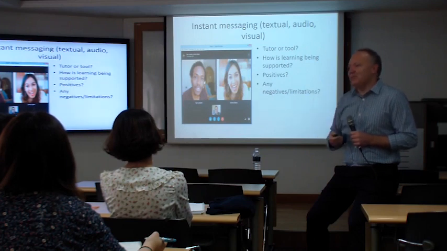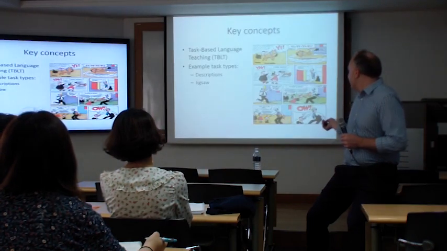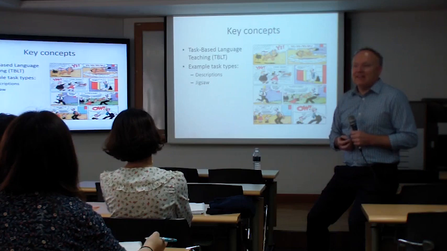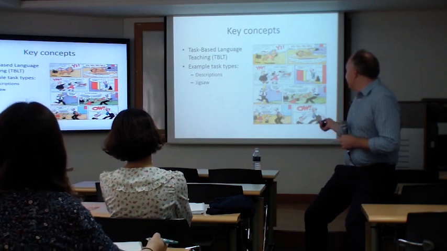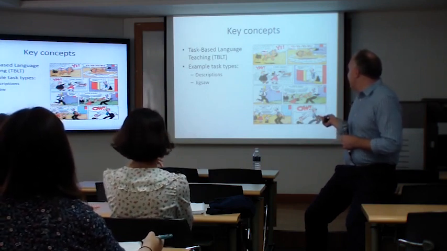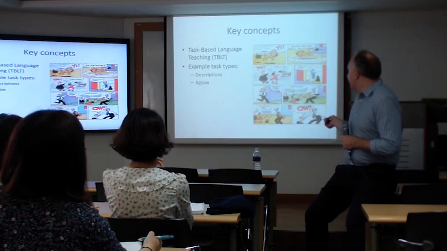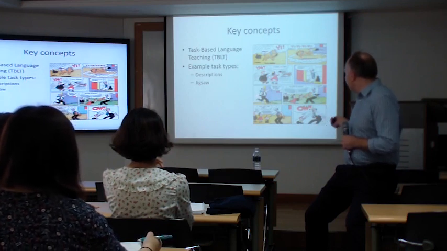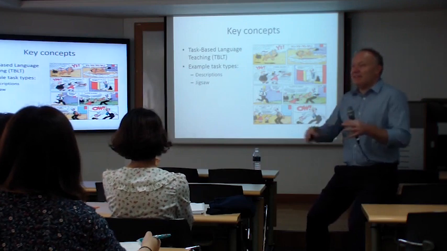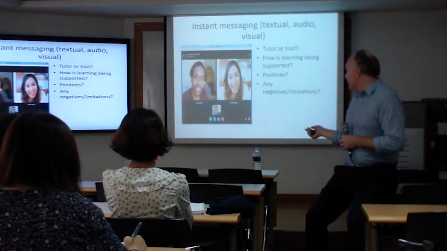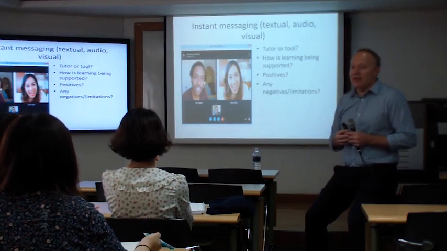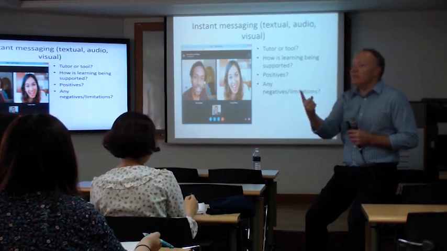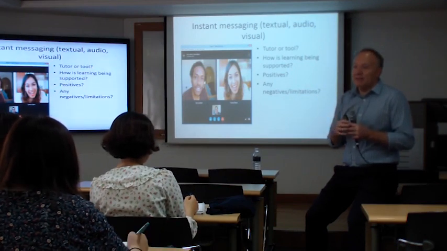So, what do we have? Let's say we pick 2. 1 and 2. So we have 2 students. We have that picture. What are we going to do with it? Got to cut it in half, right? So what we can do is give this picture to student A. This one, student B. And then we can mix the scenes. And so they have to work together on Skype as they're talking to each other, right? They can talk to each other either by voice or they can type out the answers, right?